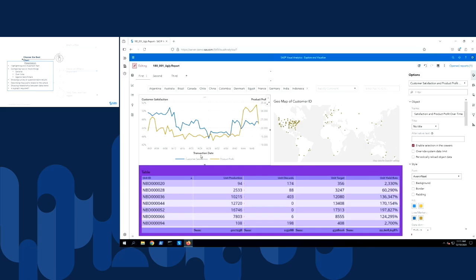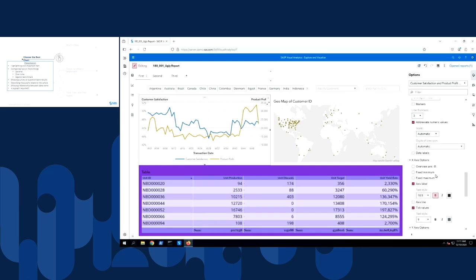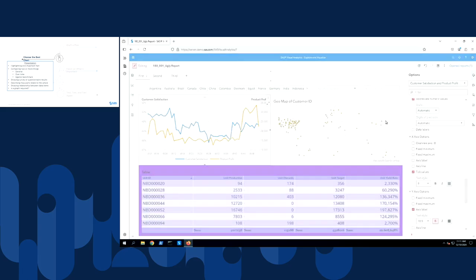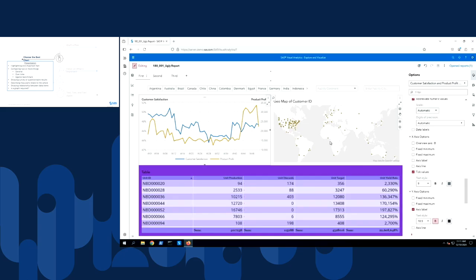I'm a big fan of removing all chart junk. And one of the things I'd like to remove is this transaction date at the bottom. I think most people can realize that those are date values, specifically weekly values, so I don't need to see that in my chart. So in the X-axis options group, notice there are options for both time series that I can modify and both or all axes. In the x-axis options group, I'm going to clear axis label, and that removes the transaction date. So far that chart looks pretty good. I'm pleased with that.